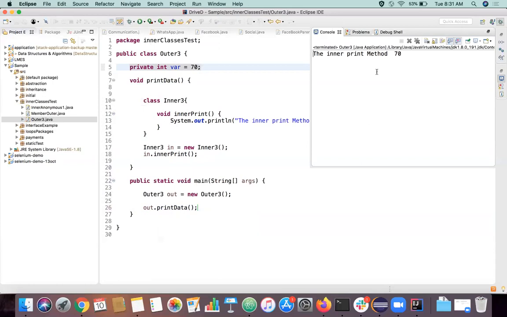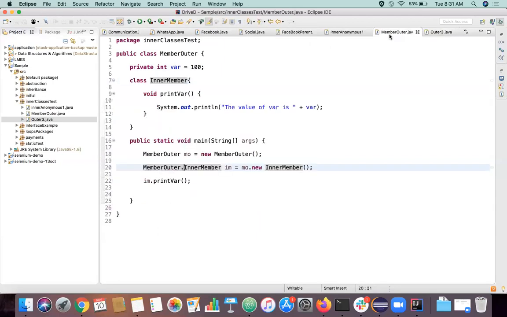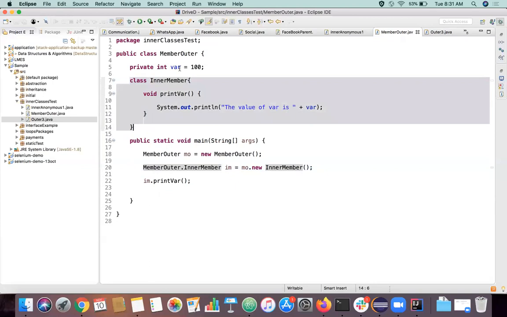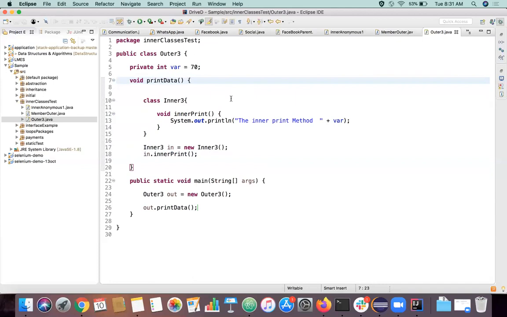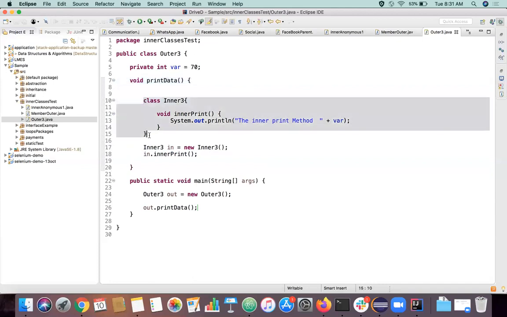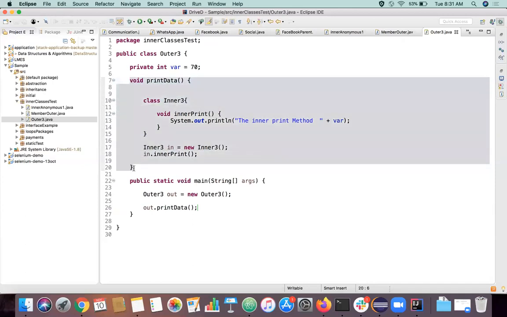The difference between the previous approach and this one is that previously we declared the class outside any method of the outer class, but in this scenario we created an entire class inside a method of the outer class. That's the main difference. So this way also we can create an object for classes.